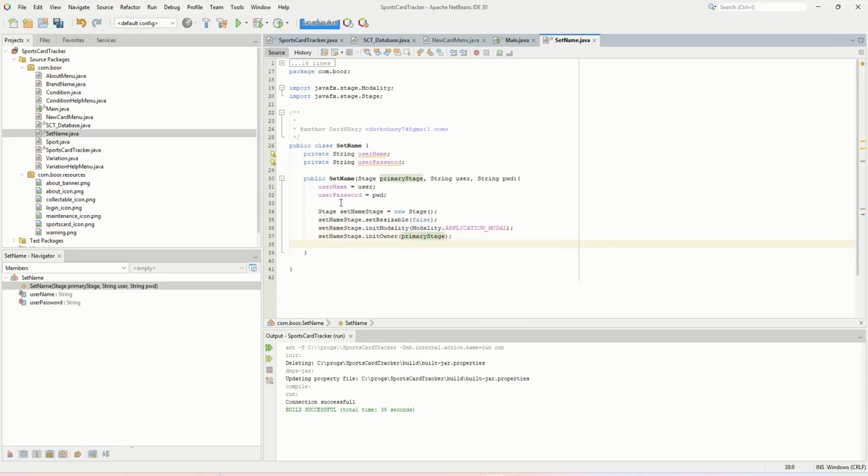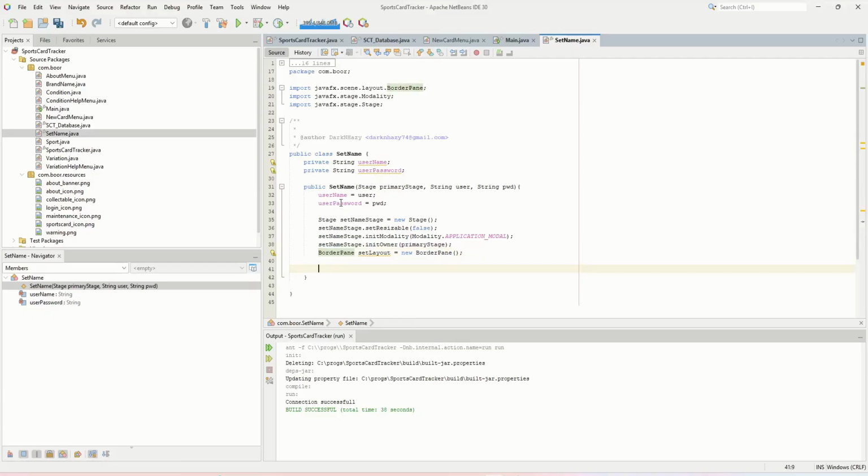So now we want to set a border pane for this. So border pane set layout equals new border pane, and we want to add our import. So let's set up our scene. So scene, and we're calling it set name scene equals new scene, and we want to assign it our layout. So set layout,